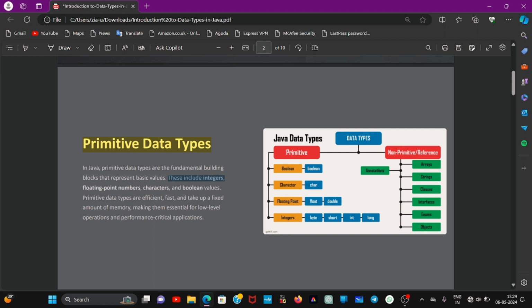If you know primitive data types, you can write a program easily in Java. To start writing programs in Java, you first have to know about primitive data types. These are the most important data types in Java. So primitive data types in Java include